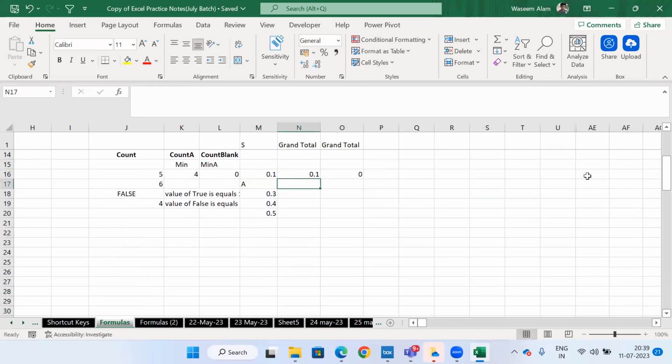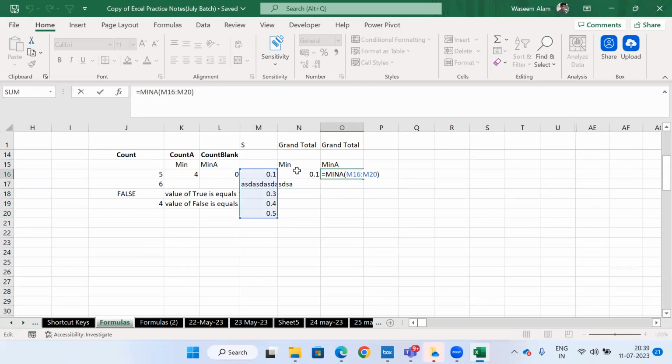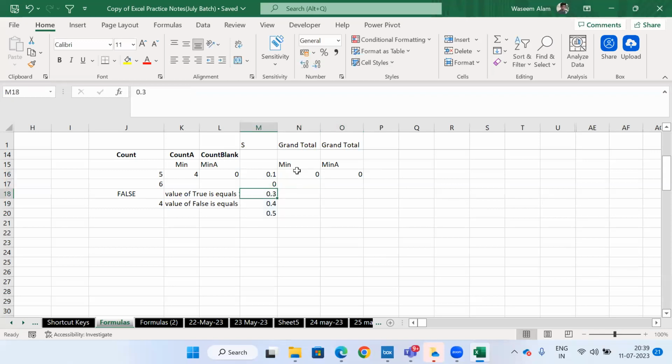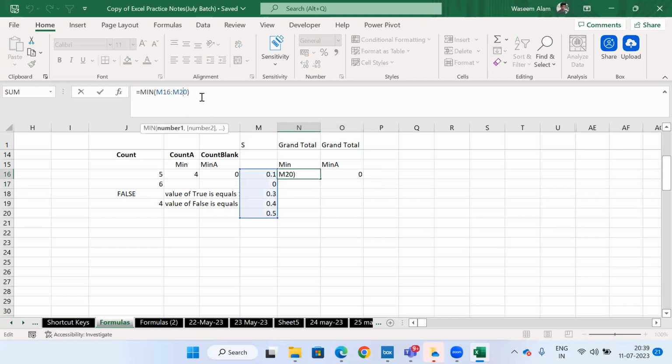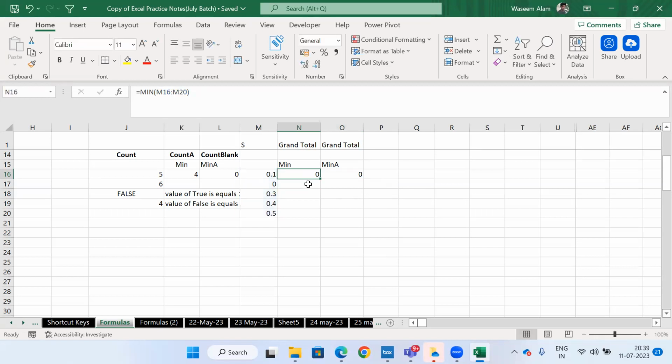If I write here a, now this is my MINA formula and this is my MIN. Still MIN is telling 0.1 is your minimum value. If I write anything which is not numeric, I'm still getting a different result. The moment I write 0 here, now both are giving the same, because 0 is equal to a numeric value. So that is the reason we are getting the same output through MIN and MINA. If you write 0, if you write 1,